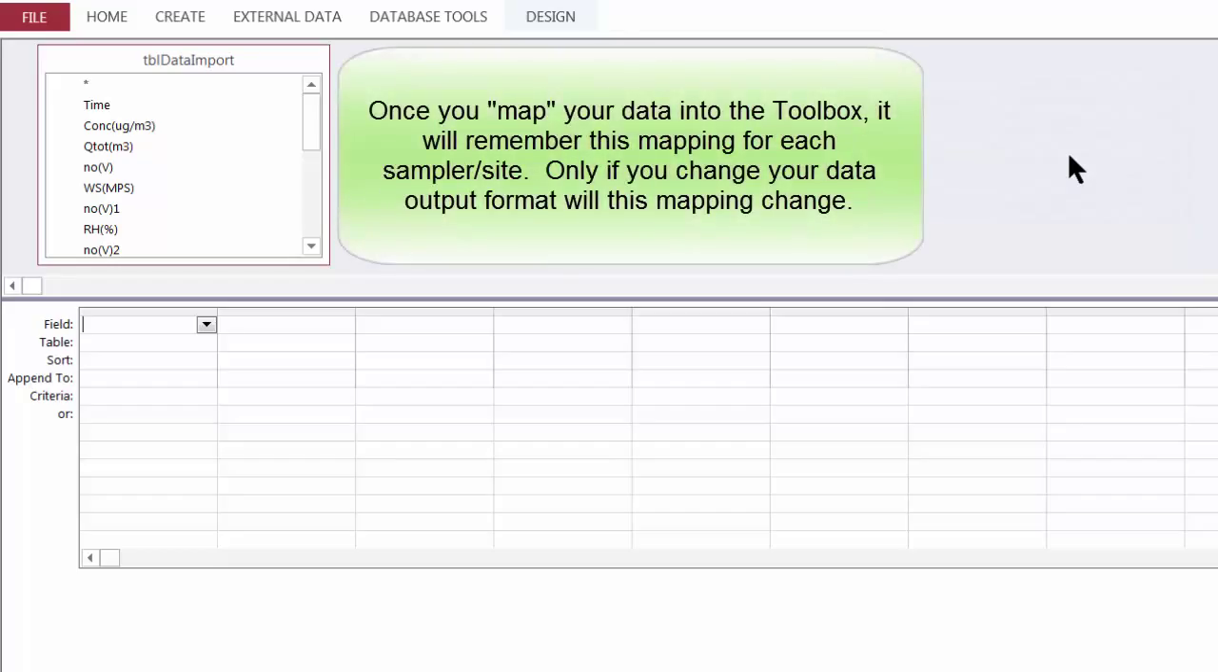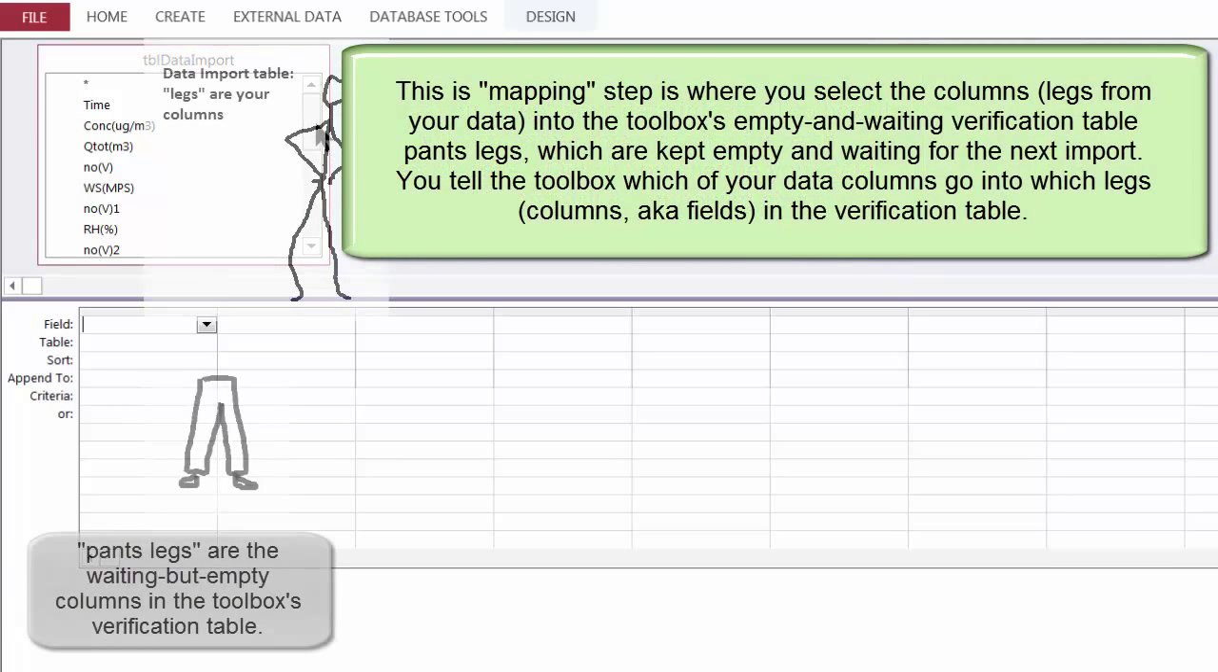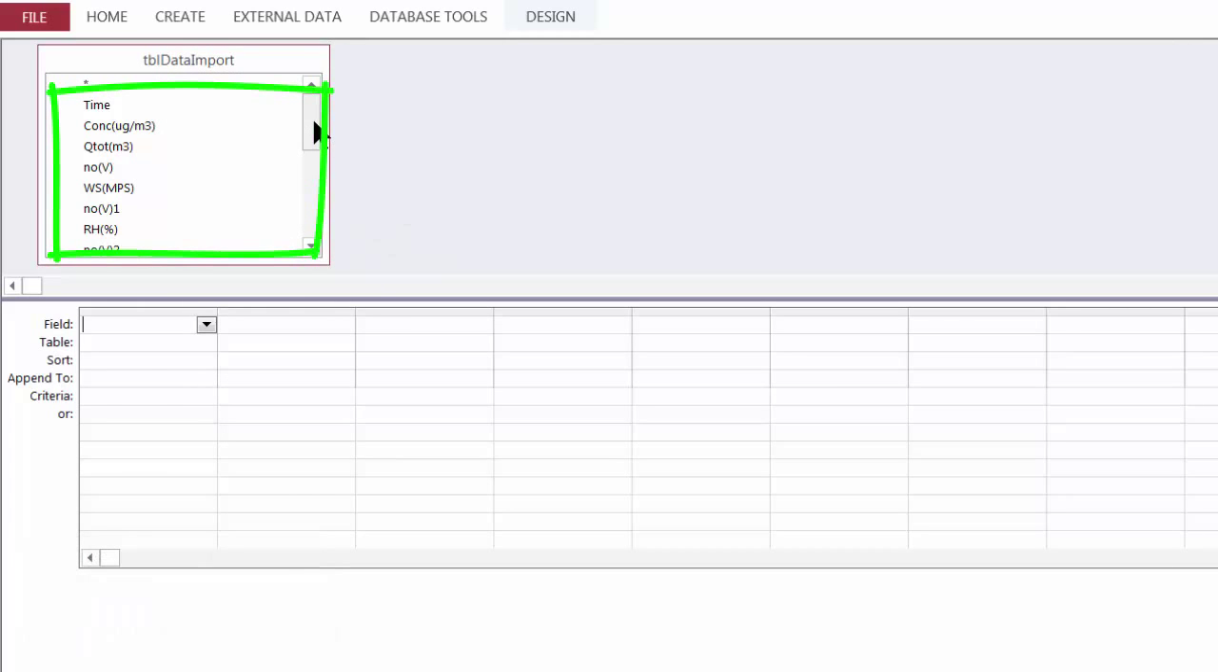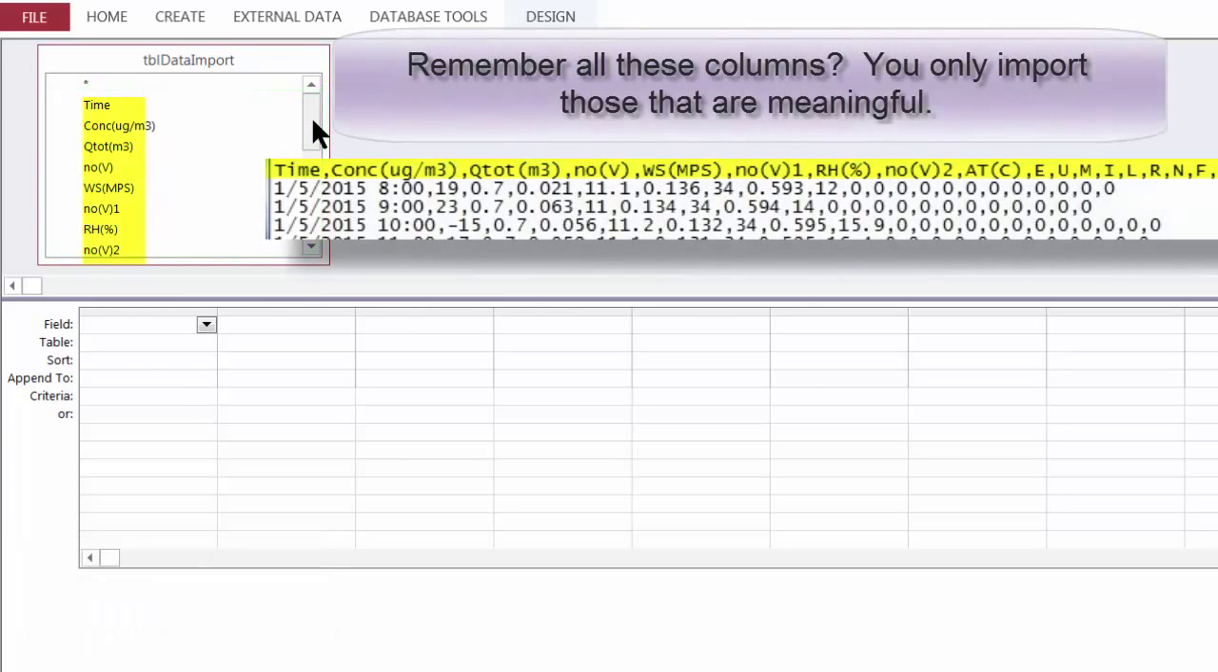And had I already imported a PM 2.5 file into the toolbox, this would already be filled in. But since this is the first time I have imported PM 2.5 data into the toolbox, I need to do this field mapping step. So as you can see by the vertical scroll bar that's in Table Data Import, there are lots of columns in the data import table. And many of those columns I am not going to be using in the verification table. So I'm just going to leave those in the data import table and only transfer the data from that import